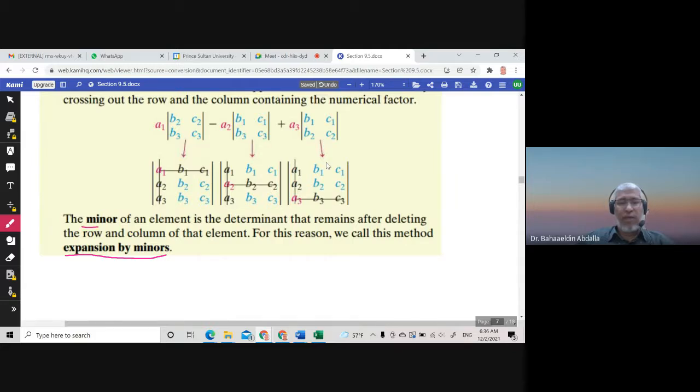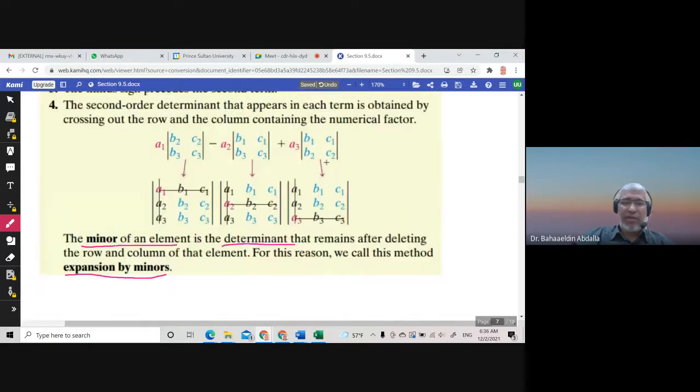The minor of an element. Each element in the determinant has a minor. And what is the minor of this element? It is a determinant. The minor of an element is a determinant that remains after deleting the row and column of that element. So for example,